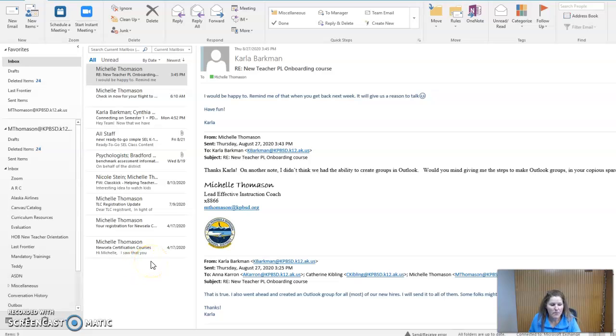See, I have been telling everybody and their brother that you cannot make Outlook groups, and you most certainly can. So here's how you do it. If you want to make a group in Outlook, from this main menu, you want to click into this People